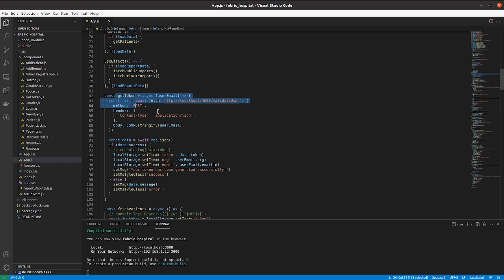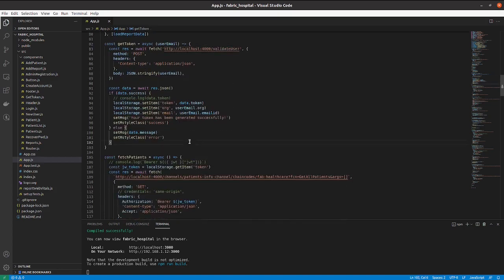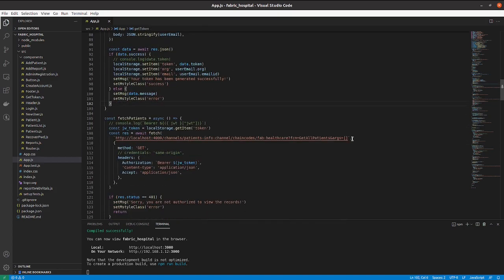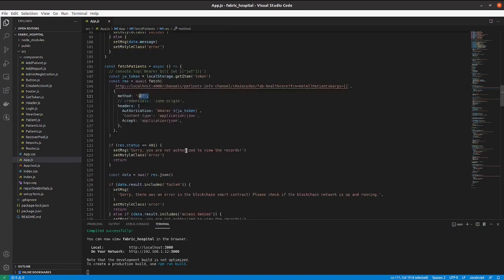To regenerate the token we are using this function. Here it will call the validate user method, which we have already seen in the server API application. Fetch patient: here it will return all the patient information through this API call. So this is a get method.